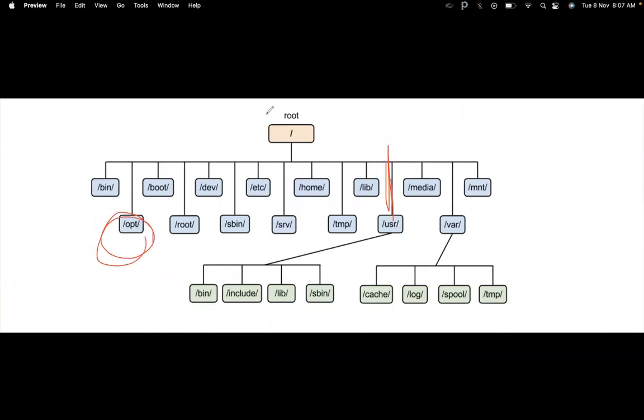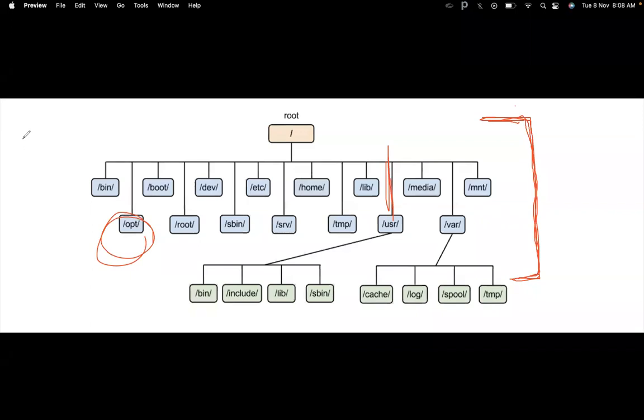You know, right? This is the file system for Linux. When we install the OS, it automatically creates a few directories, and those directories have some purpose.